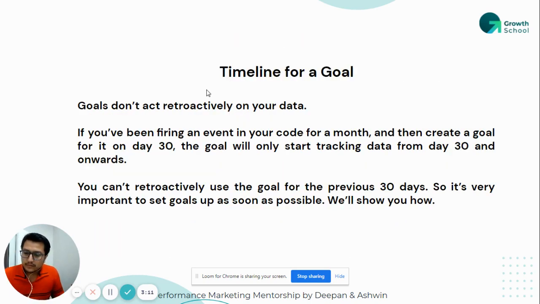Now, this is pretty important. What should be the timeline for a goal? Timeline for a goal doesn't mean that when someone comes and converts, we call it that timeline. I'm talking about the timeline for setting up a goal. So goals do not act